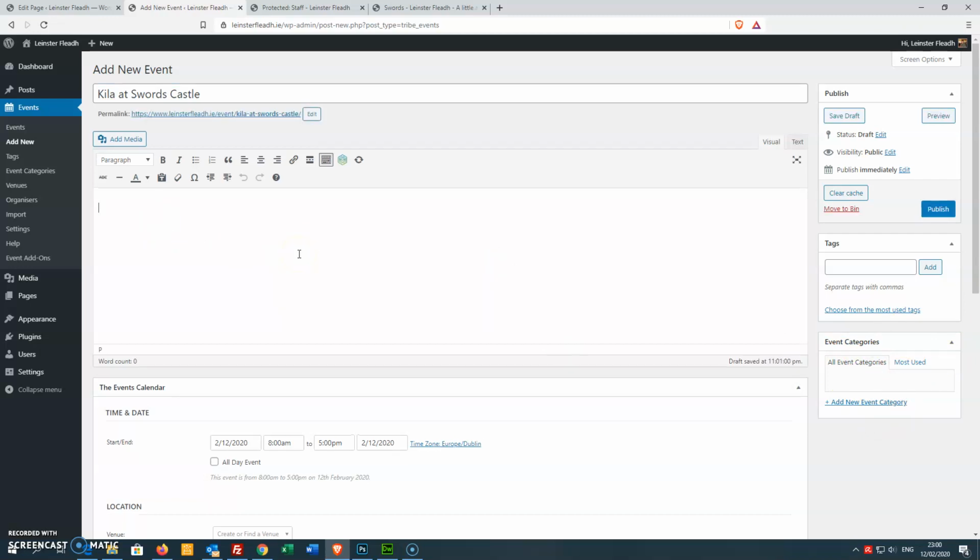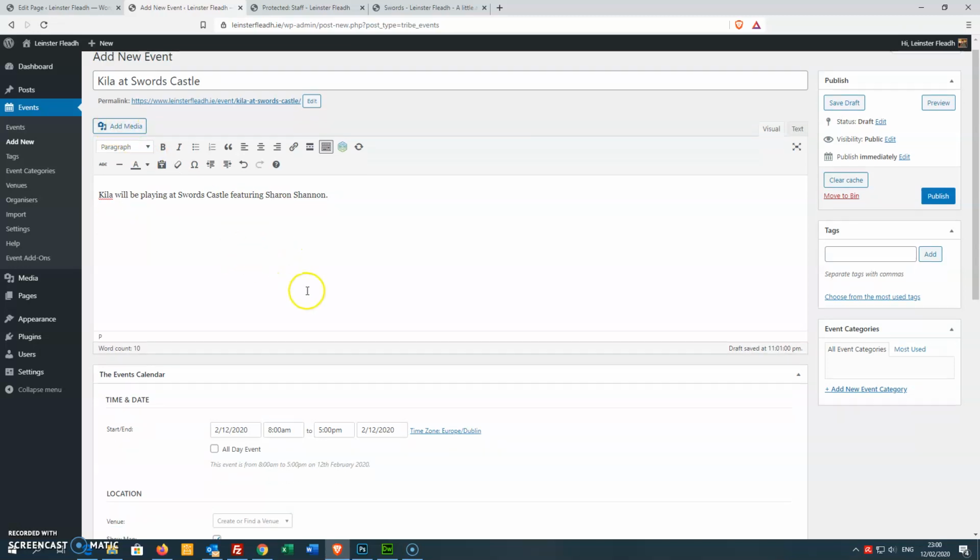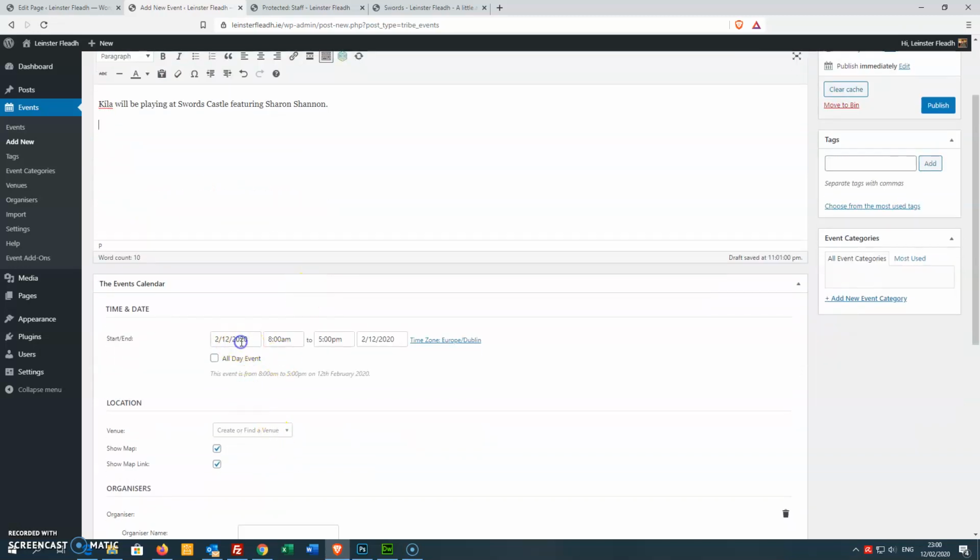If you want to add in some more description, you can type in featuring. You could also, the same as if you wanted to add a picture, just click on media and upload it from your computer. Now here you can select